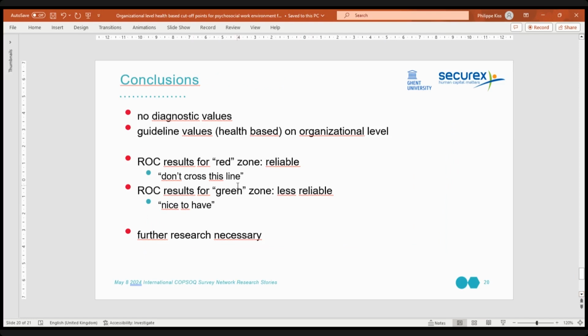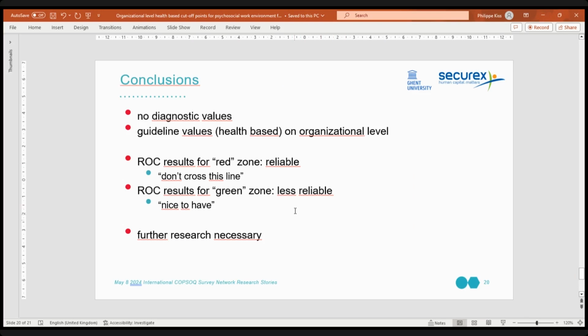So in conclusion, it's not really a diagnosis of sick or not sick. We see it more as guideline values. On organizational level, we now have something that is health-based, not peer group-based. And the work results for the red zone seem to be quite reliable. We could say: do not cross this line for that parameter. The work results for the green zone are very, very good